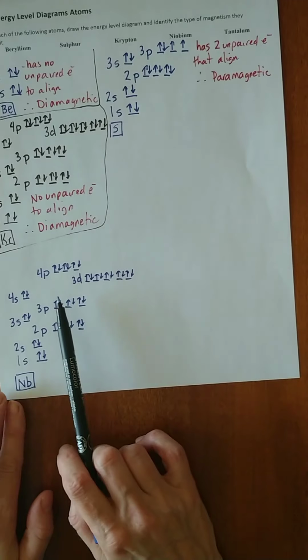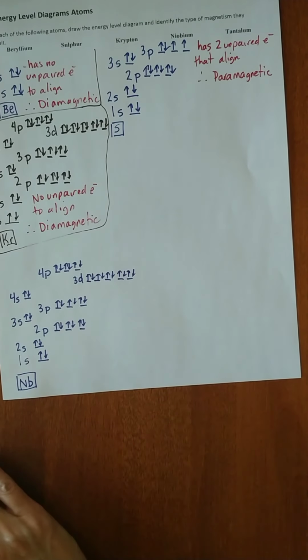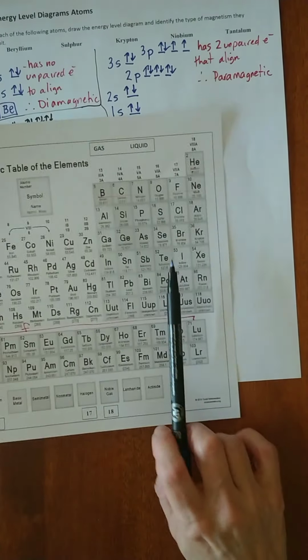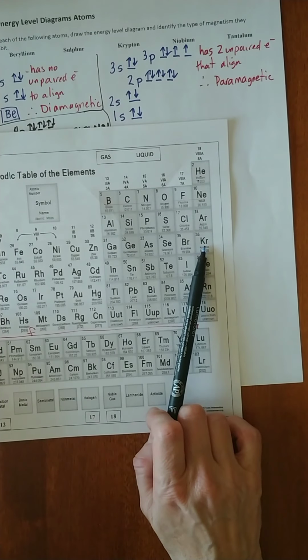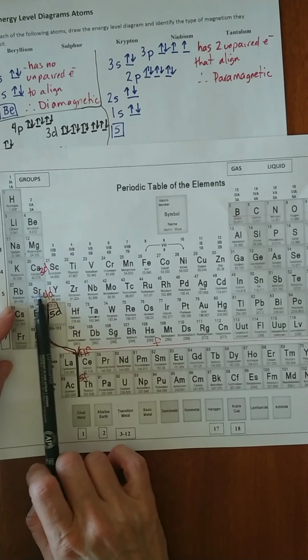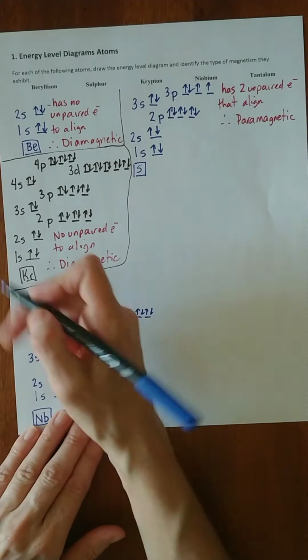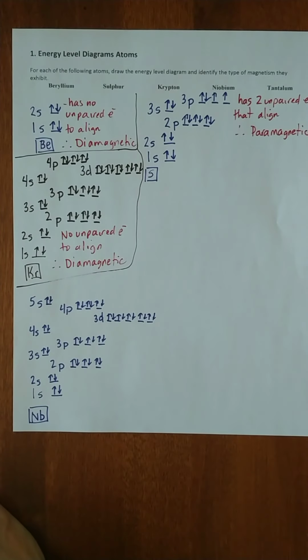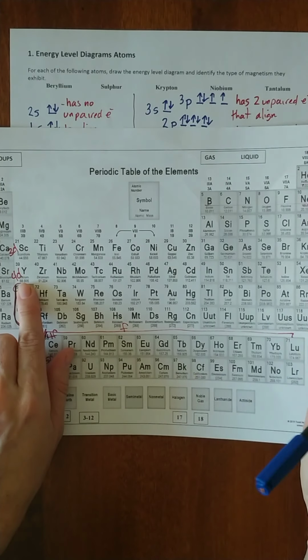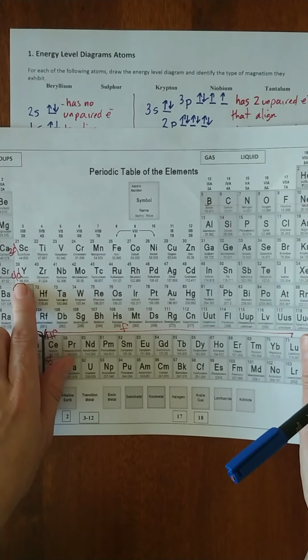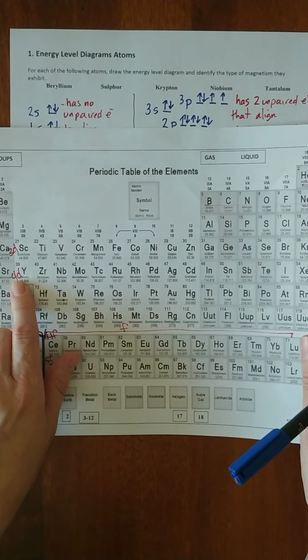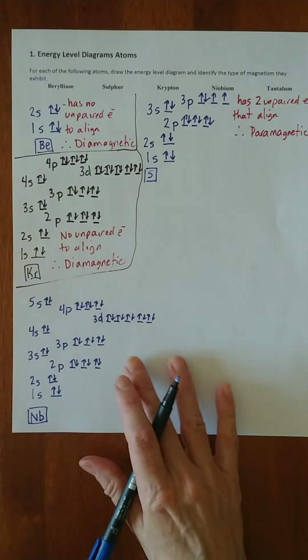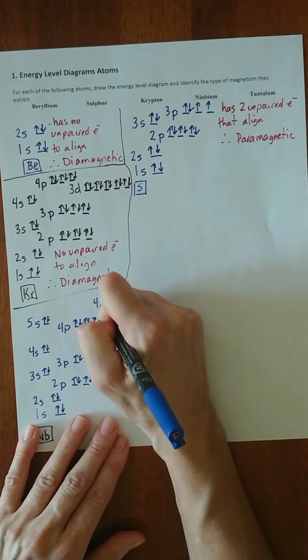I only got up as far as I did with krypton because we haven't gone beyond the 4P yet. But again, you just follow. So there's the 4P, and then you're going to go over to your 5S. So we're going to put in a 5S here with 2, and that puts it as strontium. And then we're into the D again, but if the one above is a 3D, this is one higher, it's a 4D, and 4 is one less than 5. So that makes sense. So we're now in a 4D, and